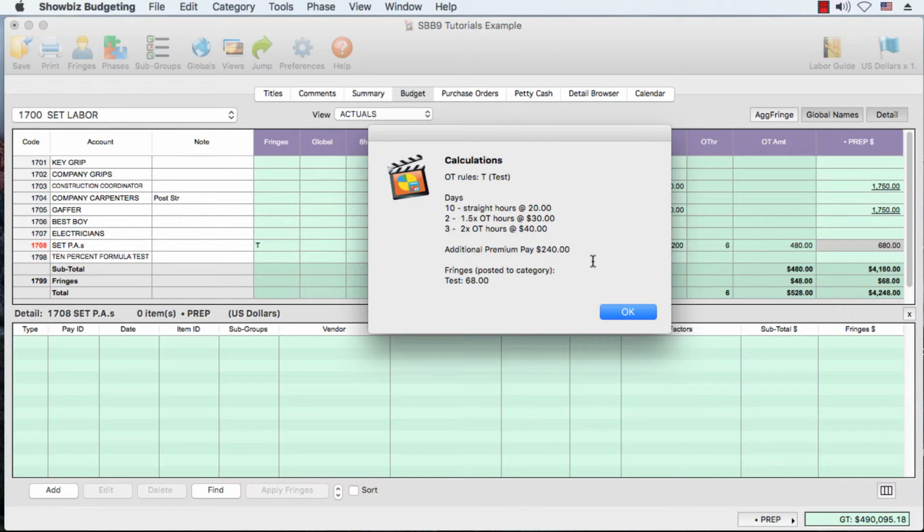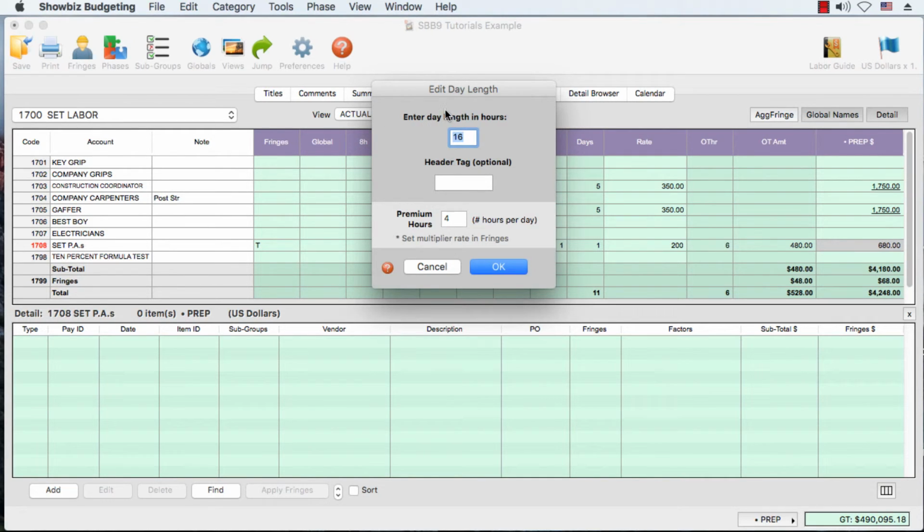This is really helpful when you have to budget for 6th and 7th days. When you click on the header for each day length, you'll notice this is where you set that number of